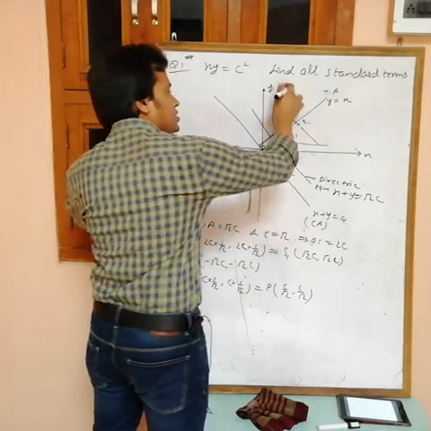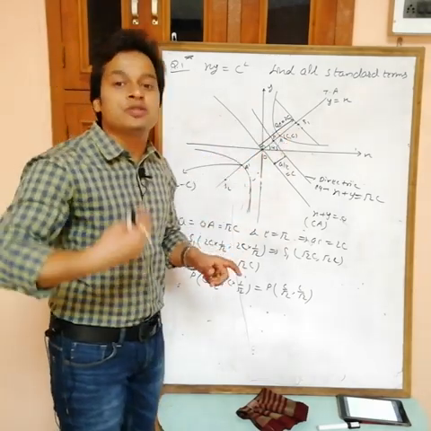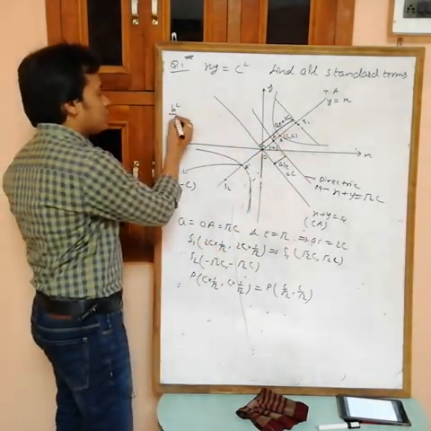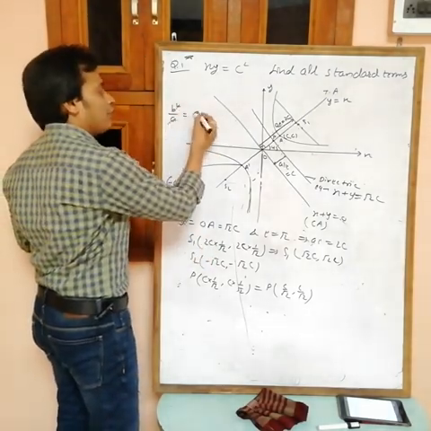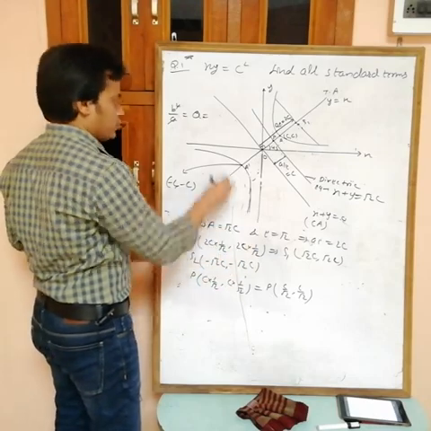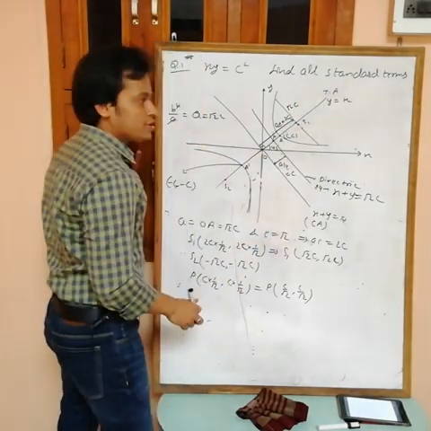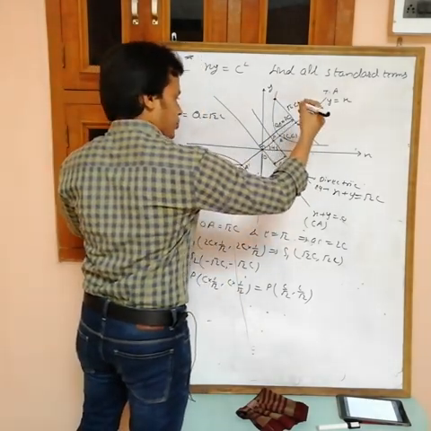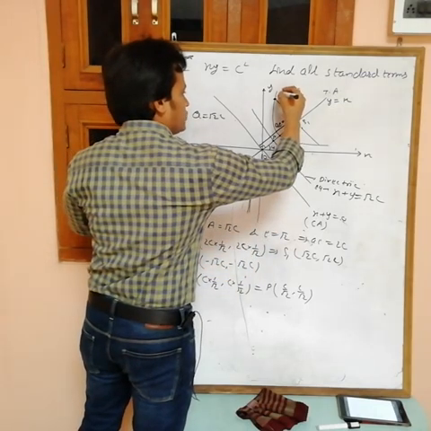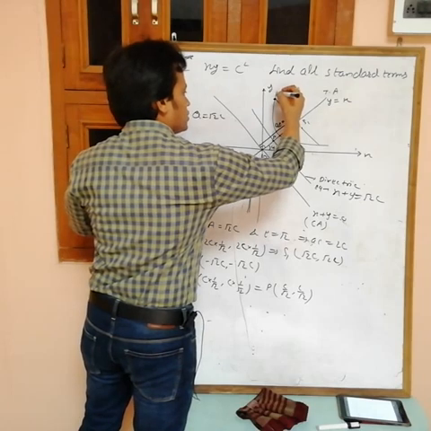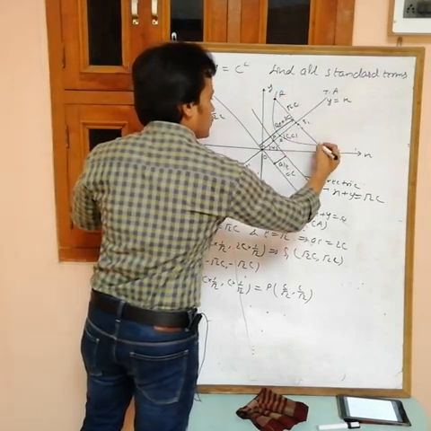Okay, then the distance of the extremity of the latus rectum from the focus is b square by a. But in a rectangular hyperbola, a is equal to b, so we are getting a, and a is equal to root 2c. So this distance is equal to root 2c. Suppose this is the latus rectum, and this point is r, and this one is r dash.